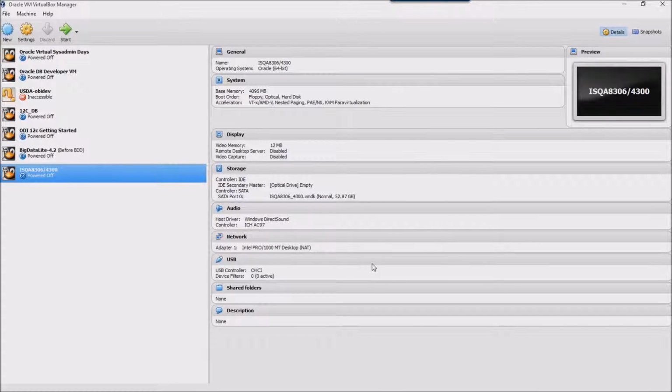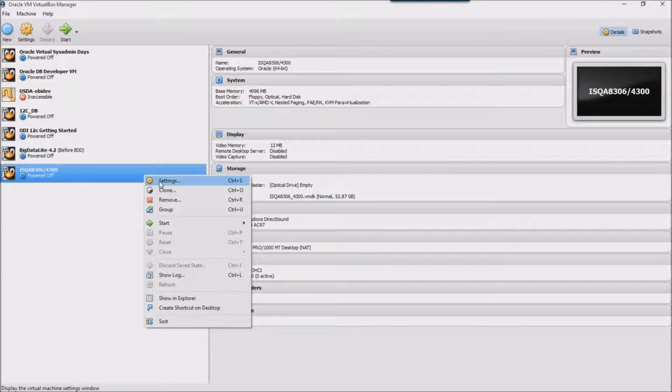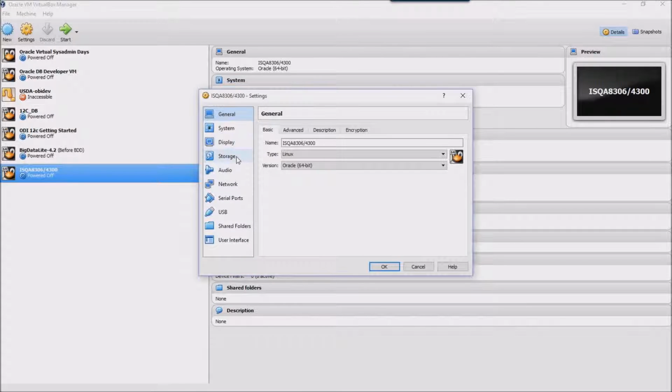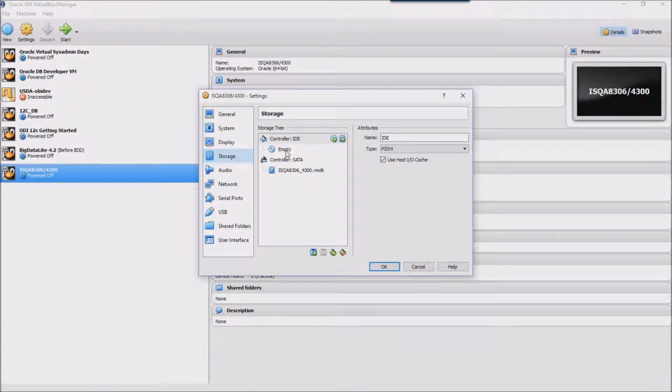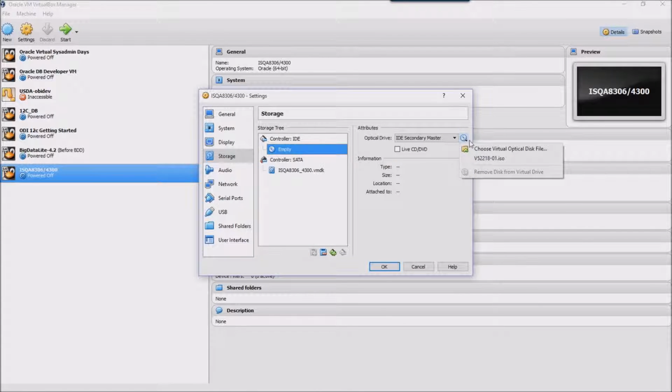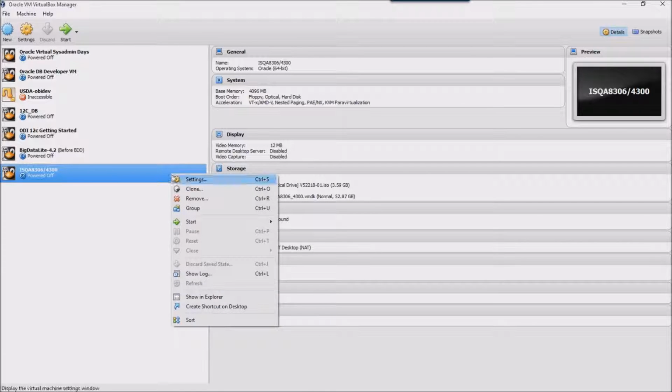So after clicking create, the virtual machine is created, and it's actually going to want me to power it on and install the operating system. Before I do that, I'm going to right click it, go to settings, and in the storage section I'm actually going to point at the ISO file that contains the Linux operating system distribution that I showed you how to download in an earlier video. After I've got that set, I'm just going to say OK, and I'm going to go ahead and start this